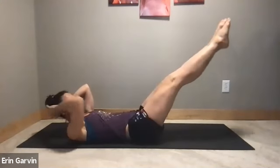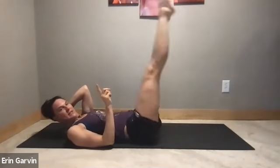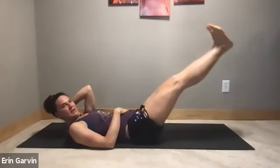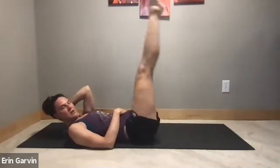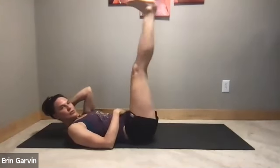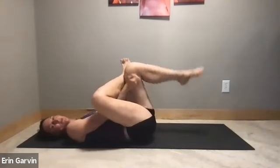Double leg lower. Point and flex. Point and flex. Point and flex. Lift your shoulders. Good. 5, 4, 3, 2, and 1. All right, we're going to take the right ankle to the left thigh, reach your hands to the